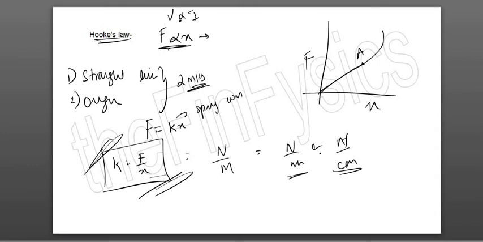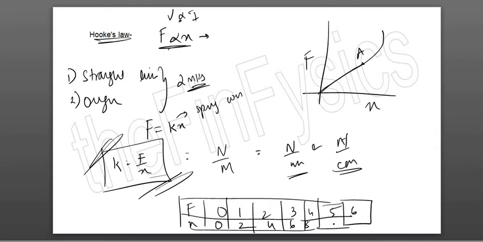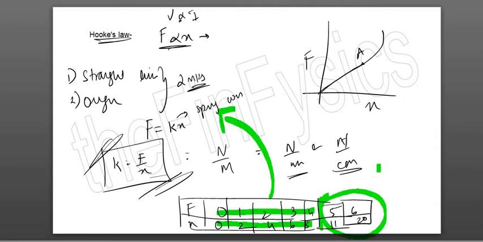Okay, so they sometimes will give you a table of F and X, suppose 0, 1, 2, 3, 4, and extension, obviously for no load extension will be 0, always remember this. Okay, 2, 4, 6, 8, and then 5 and 6. This is 11 and this is 20. Look at these values. For every Newton increase in load initially, the extension is increasing uniformly by 2, which means till this point Hooke's law is obeyed. And beyond this point, Hooke's law is not obeyed, which means F is not equal to Kx.